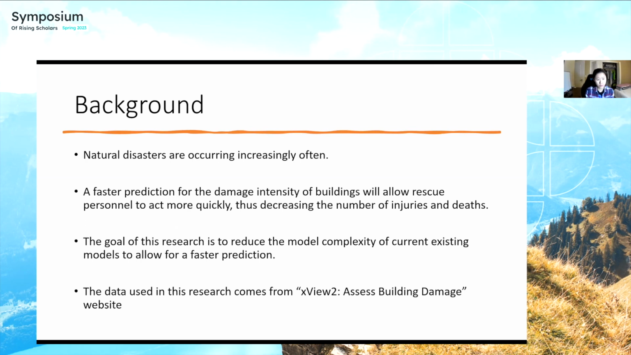To give some background information about my project, natural disasters are happening more and more often, a recent example being the earthquake in Turkey and Syria. Real-time data is crucial to first responders, and a key part of that is monitoring building damage. A faster prediction for building damage would allow first responders to act quicker and reduce the number of injuries and deaths. So this research aims to reduce the model complexity of current existing research to achieve a faster prediction of